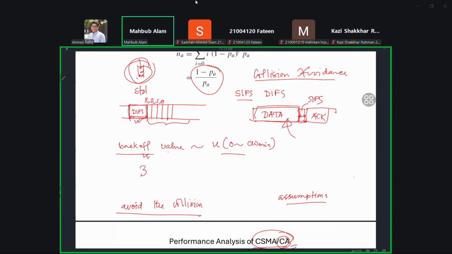Now, if there are two stations, one taking the backoff value 3 and another taking the backoff value 5, what happens? The one with the smaller backoff value 3 will reach 0 first and start transmission. After 3 slots following the DIFS, the second station finds that station 1 is transmitting and finds the channel busy. So it will freeze the backoff operation. When frozen, the backoff counter will be frozen at the value 2. And after the transmission, this